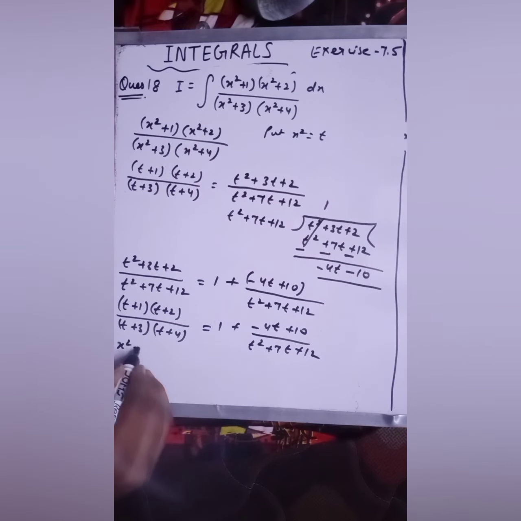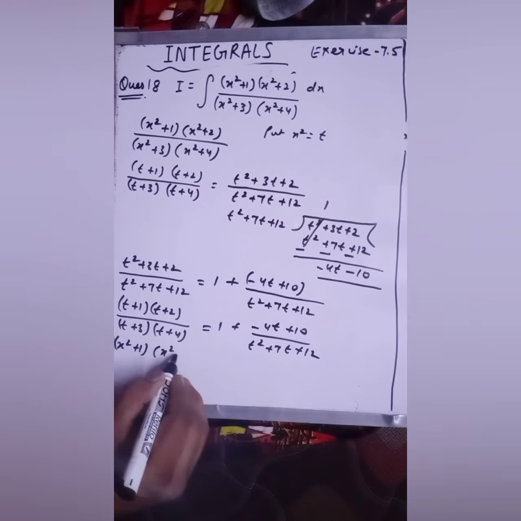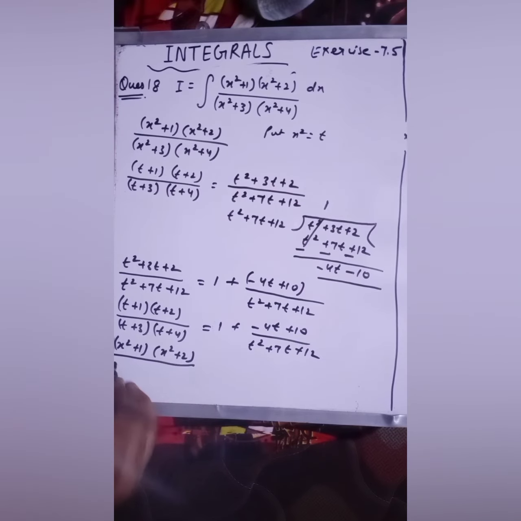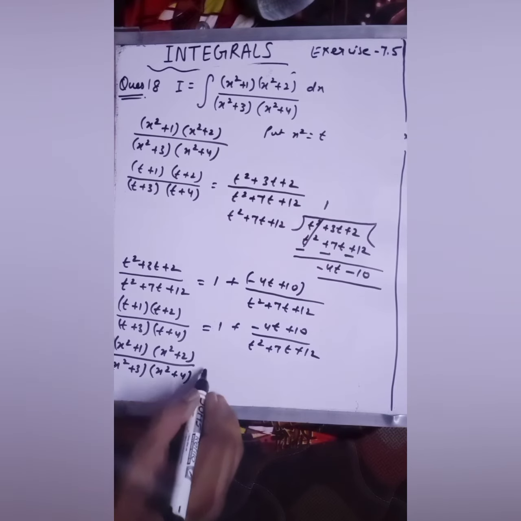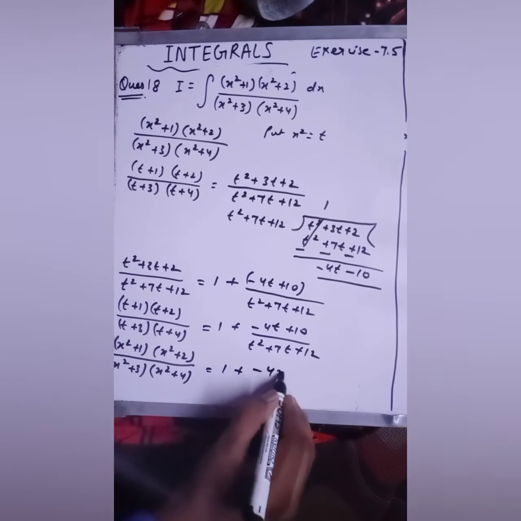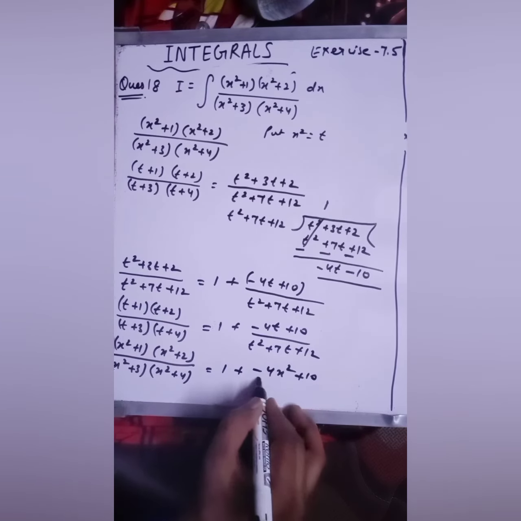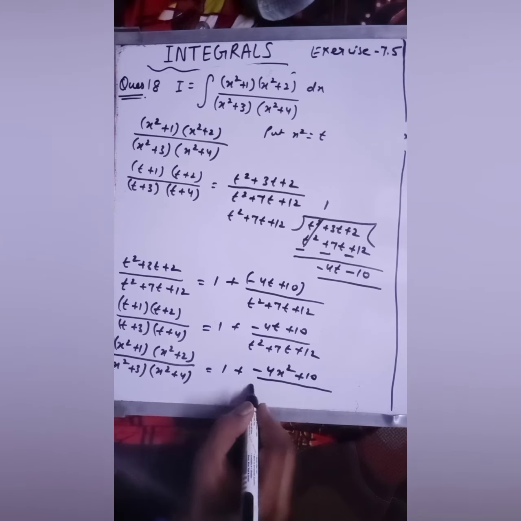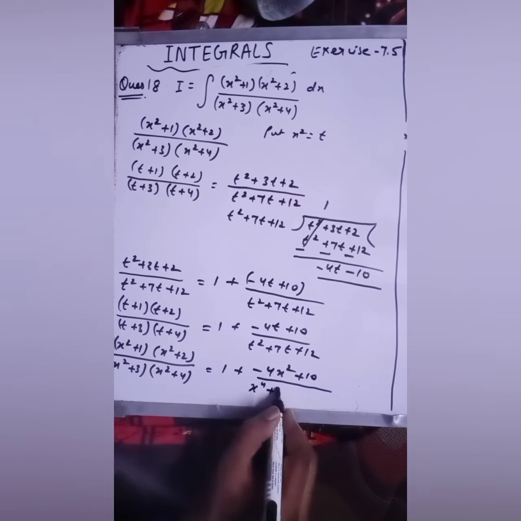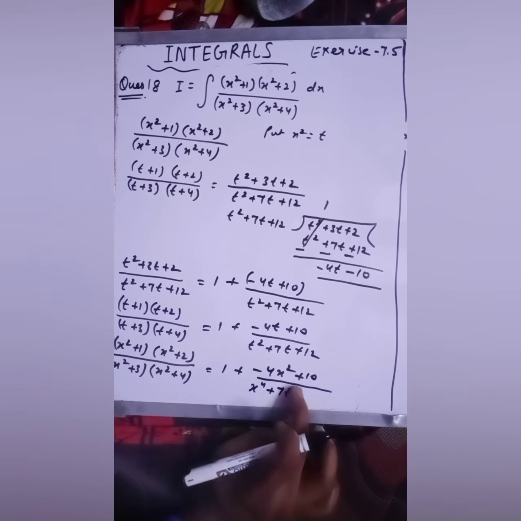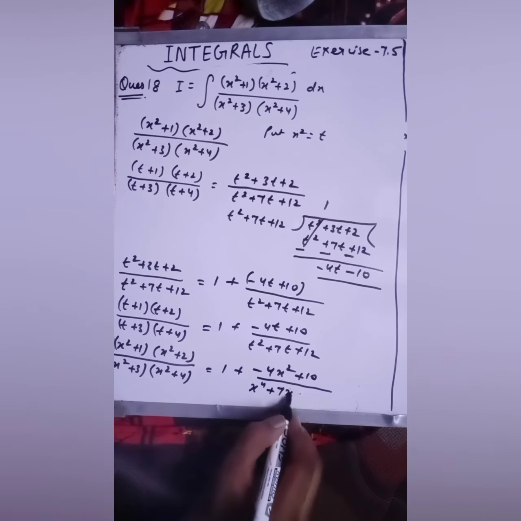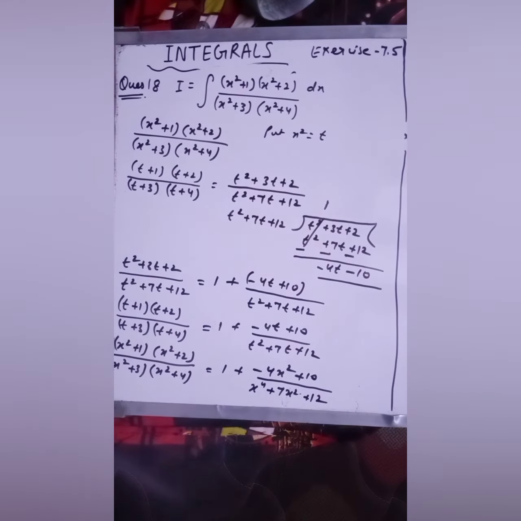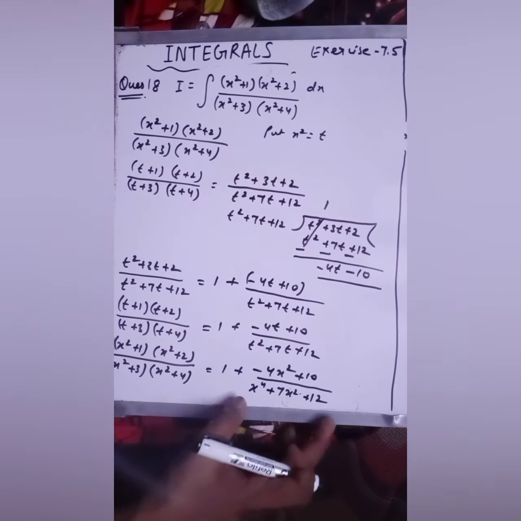So you will get (x square plus 1)(x square plus 2)(x square plus 3)(x square plus 4), that is equal to 1 plus (minus 4x square plus 10) over, and this is your x to the power 4 plus 7x square plus 12. After this step,